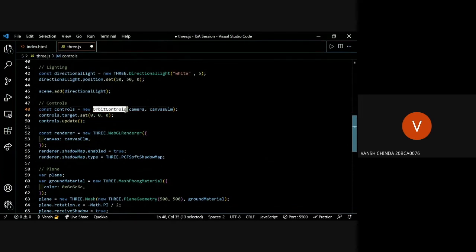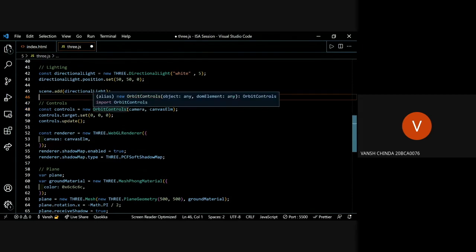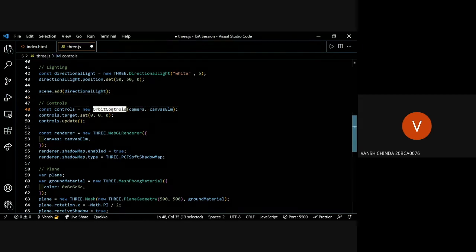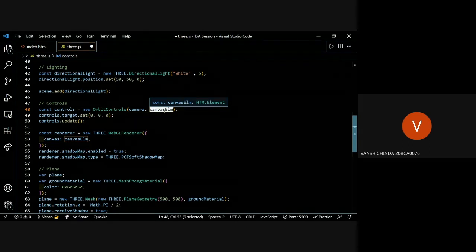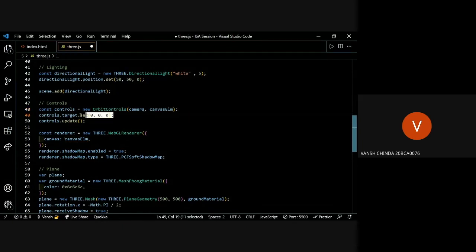So for orbit control, we need to pass it two things. First, a camera. It's really simple. You have to pass it the camera, because what orbit control is doing is moving your camera according to how you are moving your mouse, how you are controlling the canvas. And also the canvas element, to get which canvas you are using. Why we are passing the canvas is that sometimes you can use multiple canvases in your website. So it's just for that reason. We set its position. I think this is the initial position of the orbit control, and then we need to call the update function.